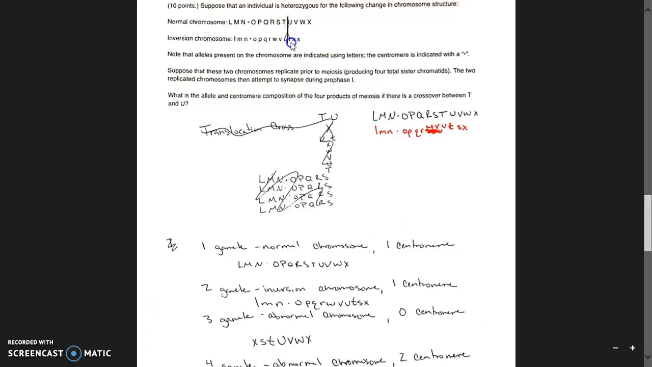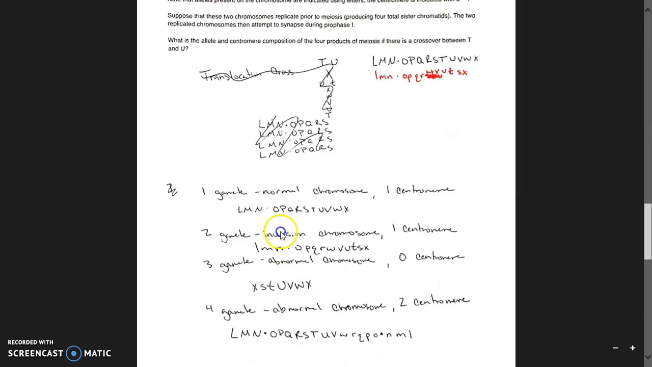So basically the first 2 are going to be normal: the first one's going to be the normal, the second one's going to be the inversion, so those are each. So for the first gamete, you're going to have a normal one with 1 centromere, and that's the standard order for that. And then the second gamete, you're going to have the inverted chromosome, also with 1 centromere, and that's the order, same as it's written up here. And then your third and fourth gamete are abnormal chromosomes,